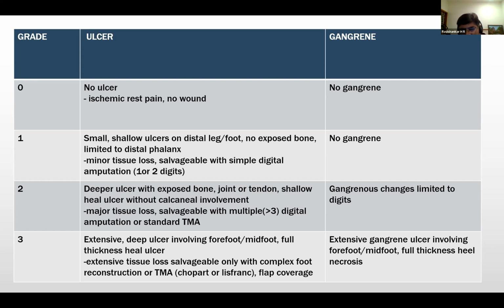You have to describe the ulcer. If there are any ulcers or gangrene, all those things have to be described in detail. Then you feel for the pulses. I think we'll not go into how to feel dorsalis pedis, all that. You should know all these things. So feel for pulses all over the body. And another important thing is that you should feel the abdomen for any aneurysms, either in the abdominal aorta or in the iliac arteries, femoral artery, or popliteal artery.